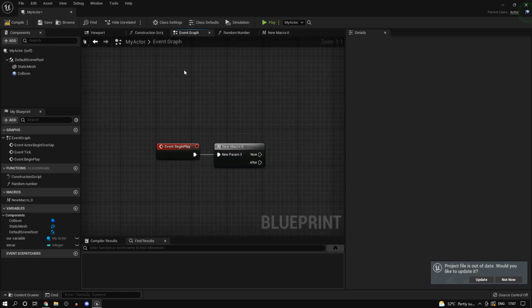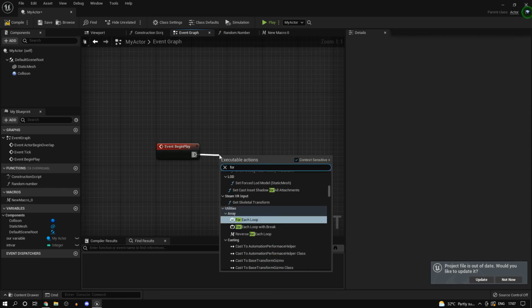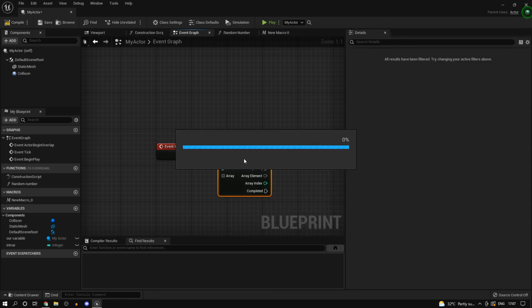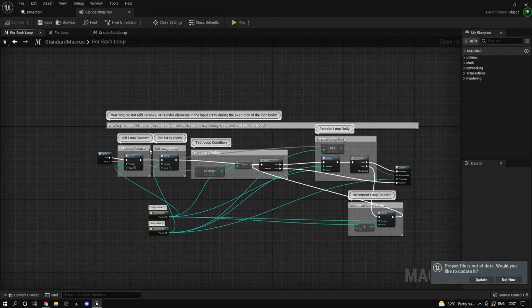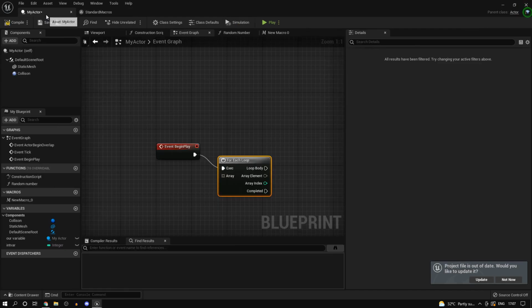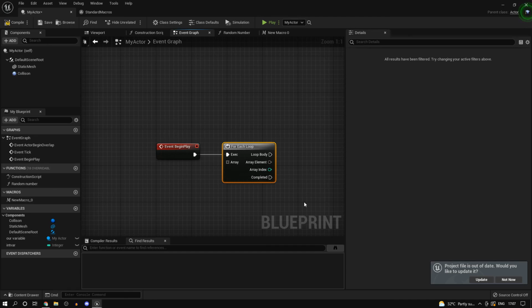And again, if you guys didn't know, in blueprints your for loop as well is actually a macro. So if I just type in for loop, and if I just double click on that, you see this is actually a macro inside the standard macro library. So that's basically it. It's not actually an internal C++ thing. So each of those operators inside that for loop actually calls from C++.